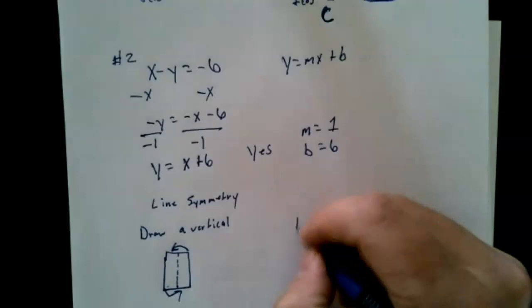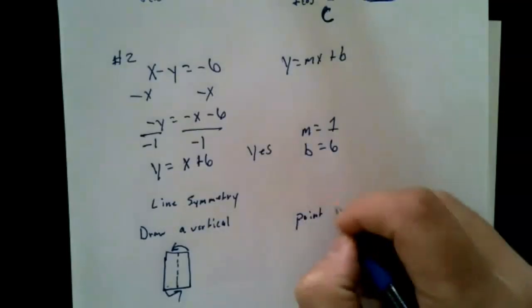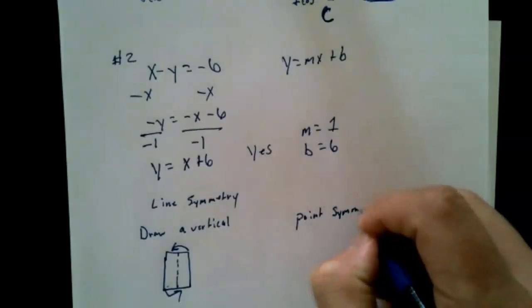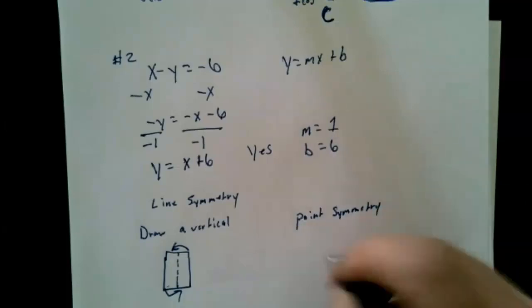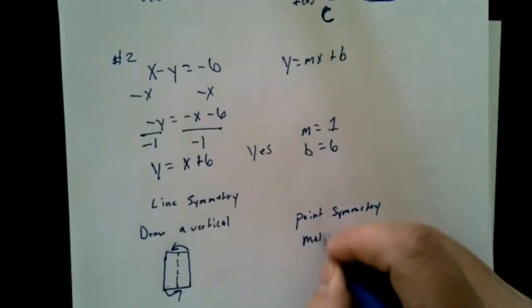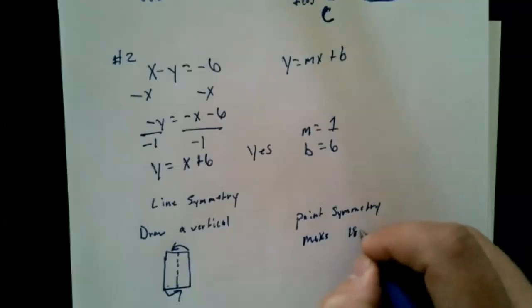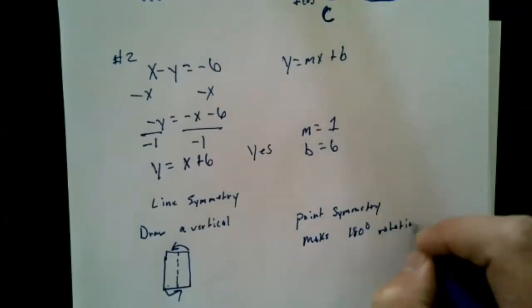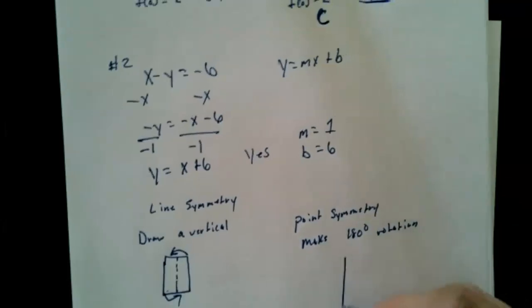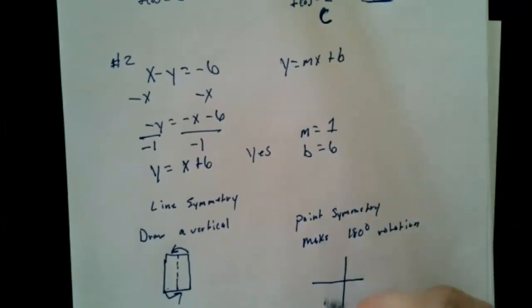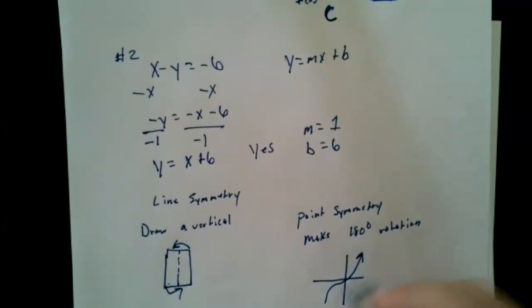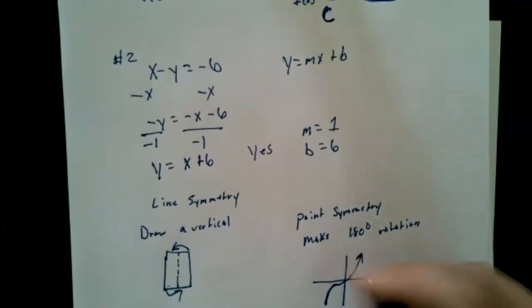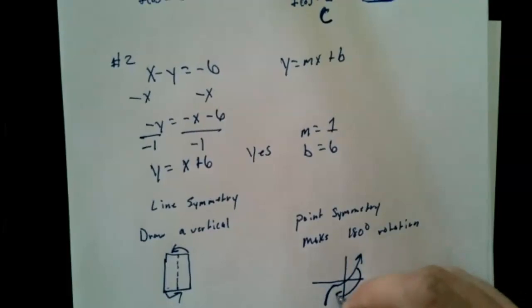Point symmetry makes a 180-degree rotation about a point. So for this graph, it looks something like this. What it means to make a 180-degree rotation is, if we were to bring this down here,